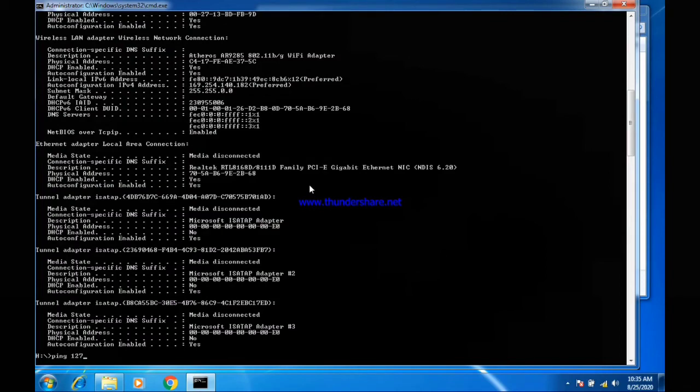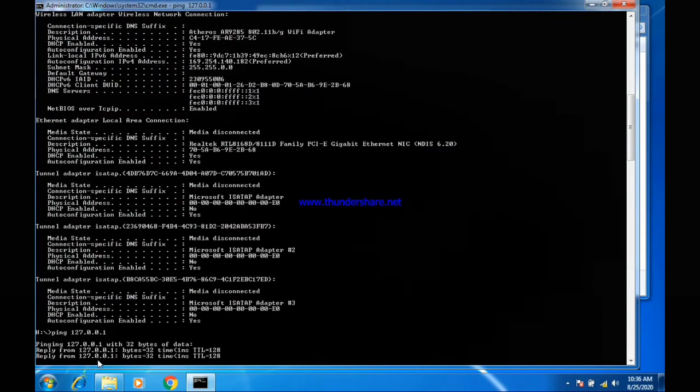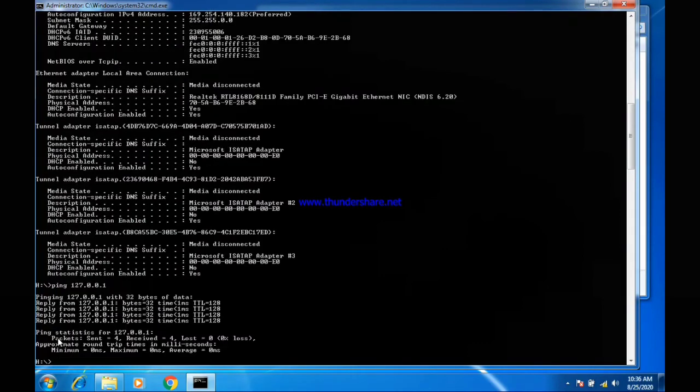This is the loopback IP, and this will check my own IP. ping 127.0.0.1. You can see it is pinging. It means my LAN card is serviceable.